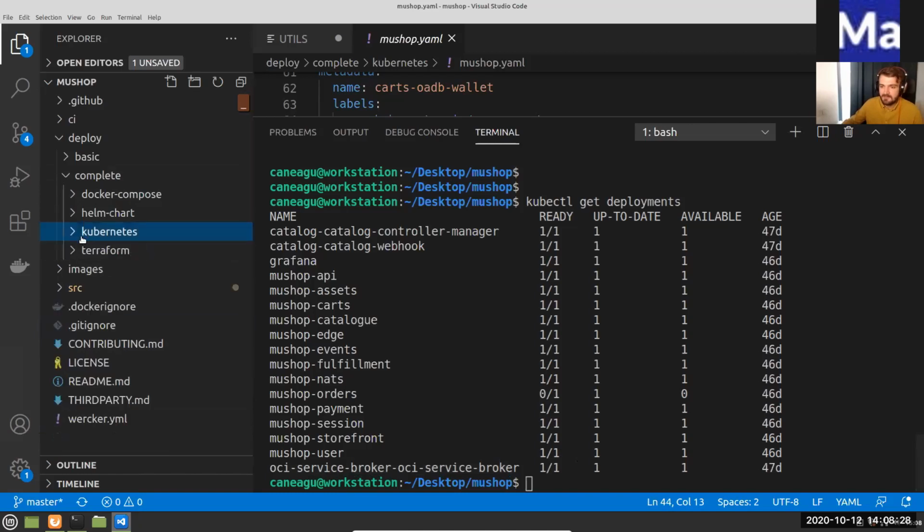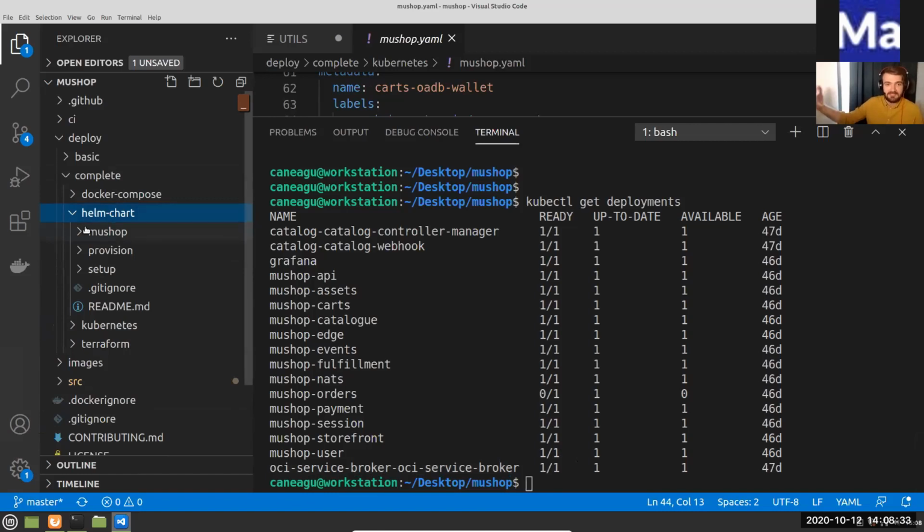Okay. What else? We took a look over Kubernetes and Helm. Helm is another abstraction layer, right? Helm is like a package manager for Kubernetes, and basically using Helm and Helm charts, you are deploying the Mu shop. I'm not going to get into details of Helm, because again, it can become quite complicated.